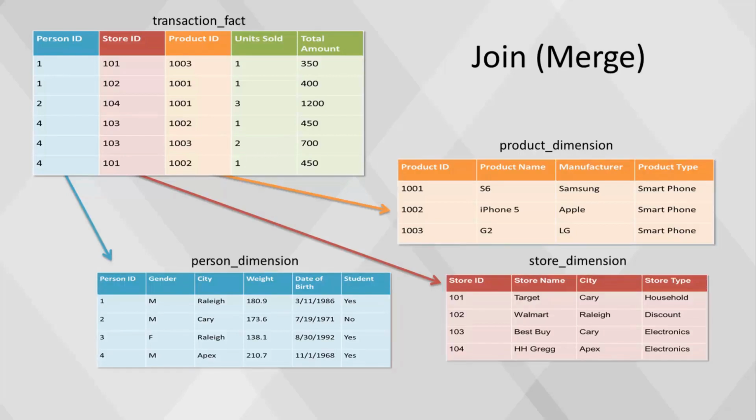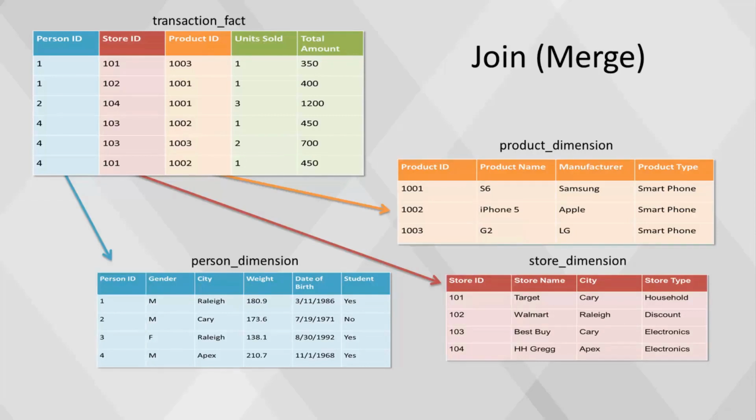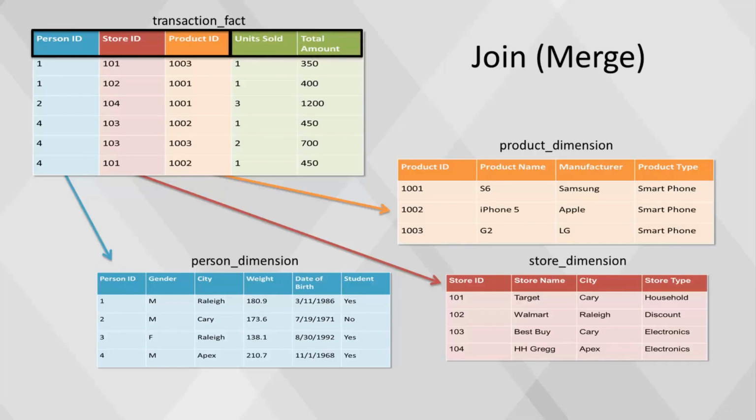So for example, the product dimension table contains the name, manufacturer, and type of product. Each dimension table has a primary key that is used to identify a unique record. The fact table is a record of events that happen for a combination of dimensions. It's comprised of 2 things, foreign keys and measures. Foreign keys map to primary keys of dimension tables. These are the fields that will be used to join the tables together. For example, in this diagram, the foreign keys are person ID, store ID, and product ID, which each connect to their own dimension table. Measures can be any type of variable we've already discussed. In this diagram, we have 2 measures, units sold and total amount.